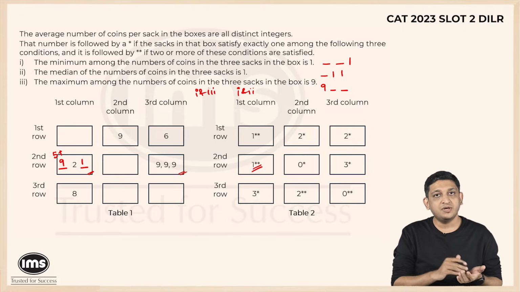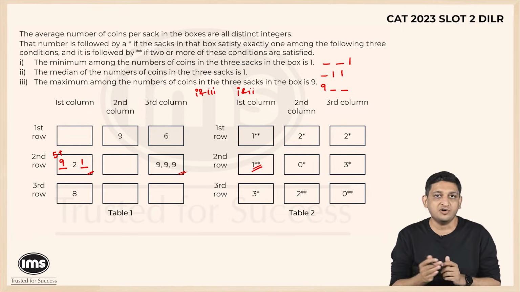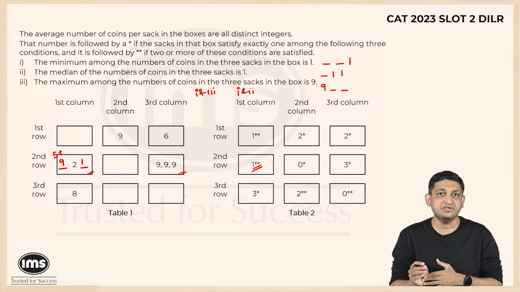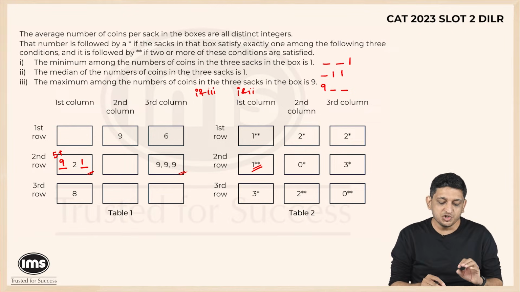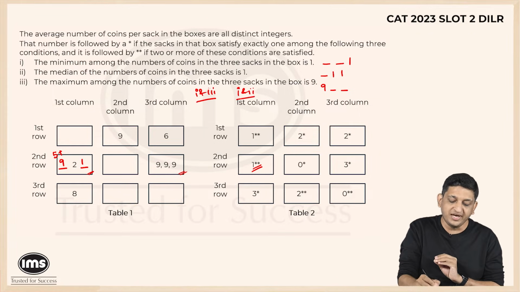Now 9 plus 2 plus 1 gives us a nice number 12, which is a multiple of 3, which is not 27 obviously, and that will help us crack the question. Let's say, for example, I am assuming that statements 1 and 2 are true. Instead of this, I am saying that 1 and 2 will be true.